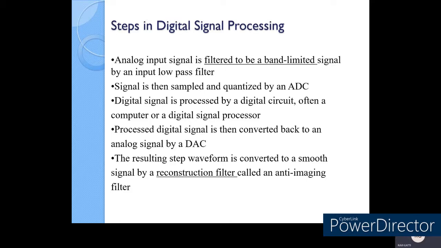In digital signal processing, when you want to process the signal, you need to know in which frequency component your signal lies, because digital signal processing works on the frequency component of the given signal, whereas the time domain